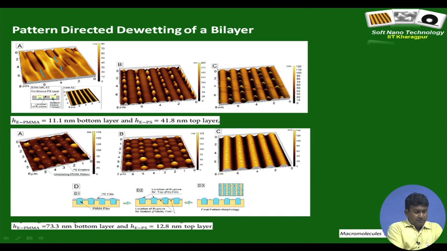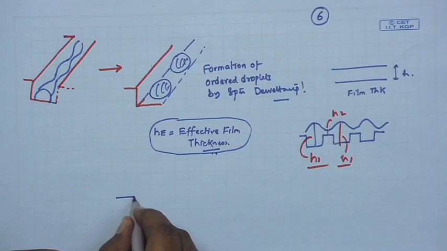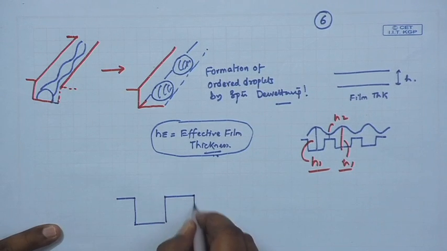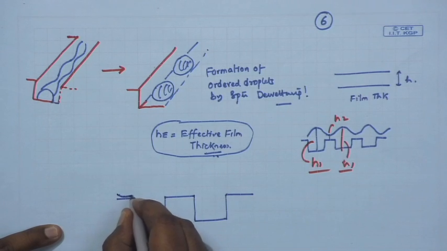Here is a very special example where both the layers are continuous, and it's extremely interesting to note that when you are coating the second layer, it is in phase with the undulations of the first continuous layer, because both are polymer and the solvent fully wets the pre-existing bottom layer. So it's a very fascinating example of how complicated things can become in a bilayer. What I mentioned is that you have a continuous bottom layer like this,